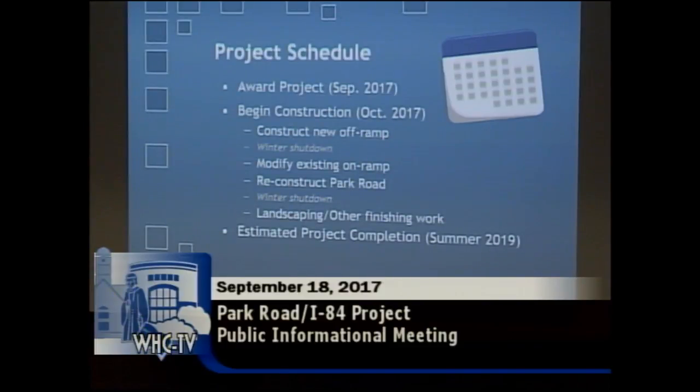Most of the construction you see this season will be contained within the existing on and off ramps. Nothing really major on Park Road itself. So as far as traffic impacts go this year, should be fairly minimal. The contractor will be able to work without really impacting the highway ramps either. That should take them through the end of this season. We'll have a winter shutdown period. The contractor may choose to work if the weather is still favorable and they can find activities that they can do without impacting the overall quality of the product. They'll come back in the spring, that would be spring of '18, beginning work on the on-ramp,